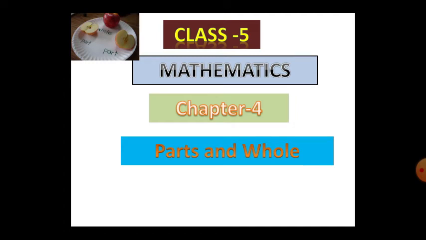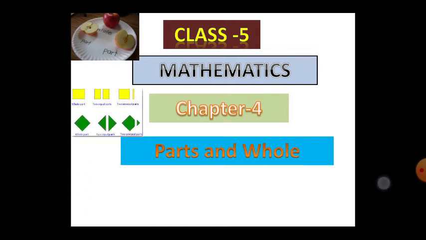See, by seeing this picture, here one apple, you call it completely one apple, you call it a whole, and that whole is divided into two equal parts. So, two equal parts here. How many equal parts? Two equal parts. So what is the fraction there? 1 by 2. One apple is divided into two equal parts, so 1 by 2, that is half.